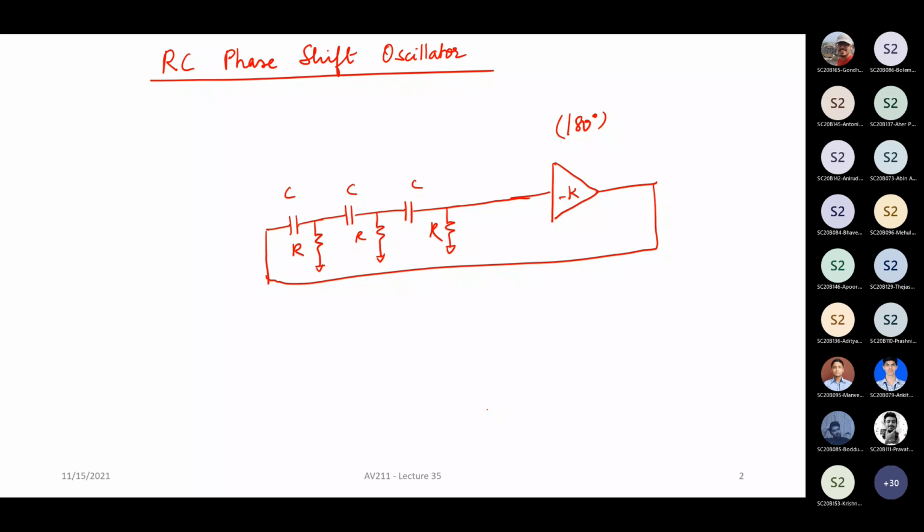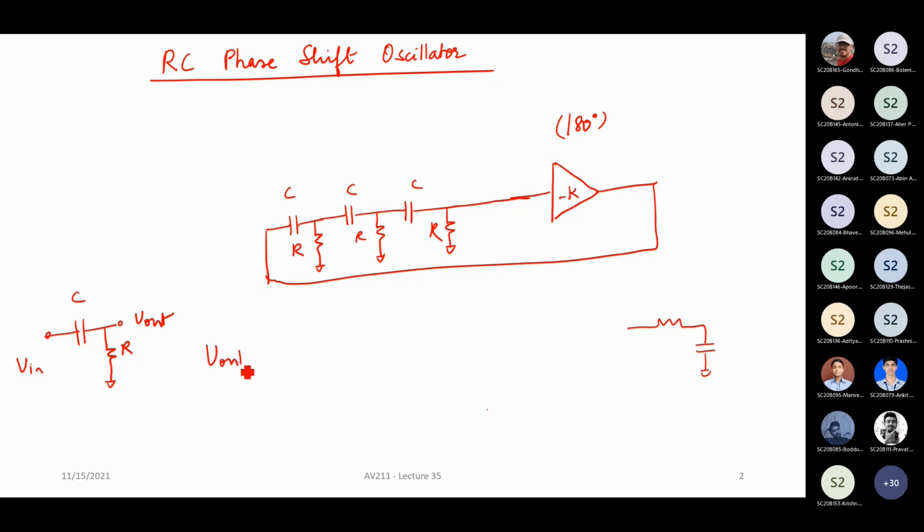So, we know that if you take a single RC section, right? This is basically a high pass type RC. You can do the same thing using a low pass type RC also. Okay. But because if you put capacitors in series, you don't end up with any of the biasing issues, it becomes a little more practical to use a high pass type network. Okay, because automatically your DC gets eliminated. Otherwise, you can even have a network like this. Okay, all right.